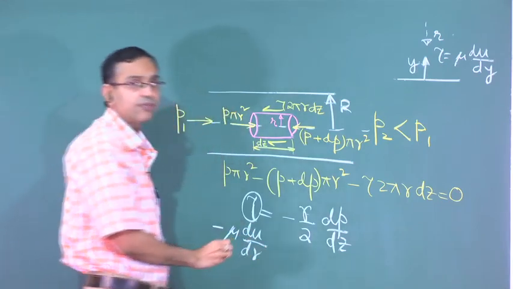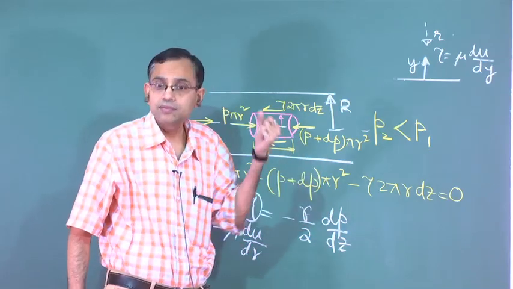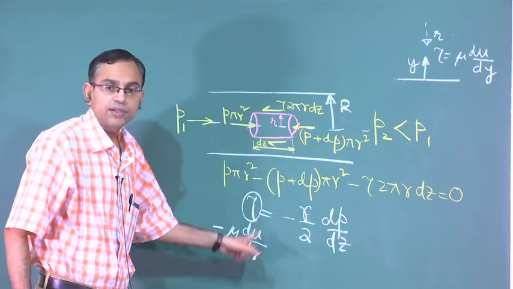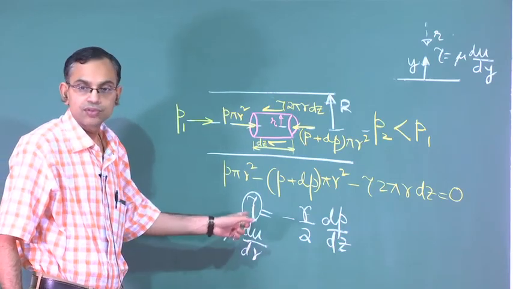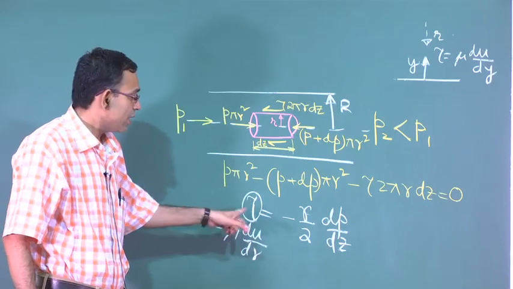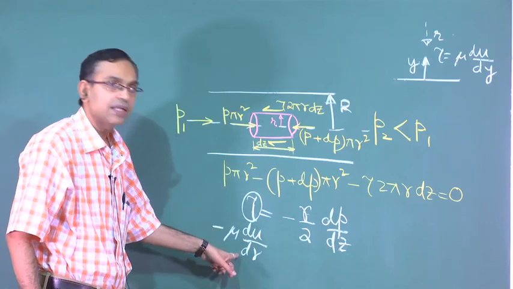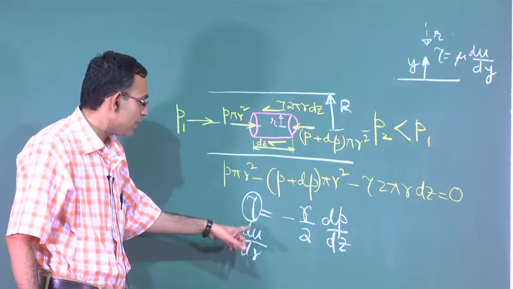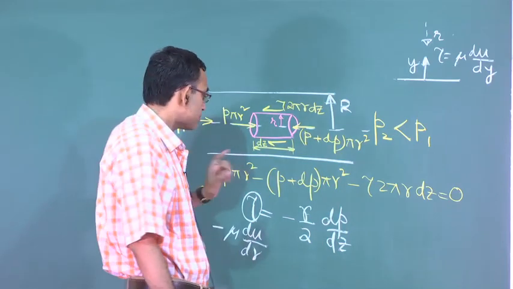If it is not a Newtonian fluid, let us say it is a fluid like blood, then instead of this, whatever is the constitutive behavior of that fluid, that we need to substitute instead of this expression. So this is where we will model the biofluid in a particular way. Here the fluid is modeled as a Newtonian fluid as an example, but if it is modeled as a non-Newtonian fluid, then the corresponding expression has to come out here.